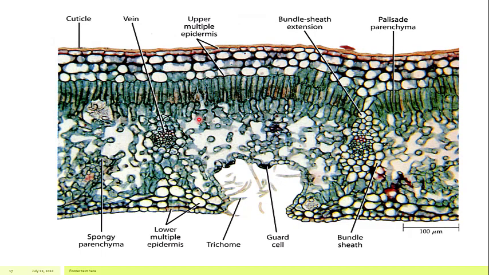Which is describing the various modifications. We are starting from here. Here you can see there is a heavy cutinization, a cutin which is present on the surface. It is not only reducing the water loss because it is a hydrophobic compound, but it is also reflecting the rays of light. That's why it also reduces the water loss.